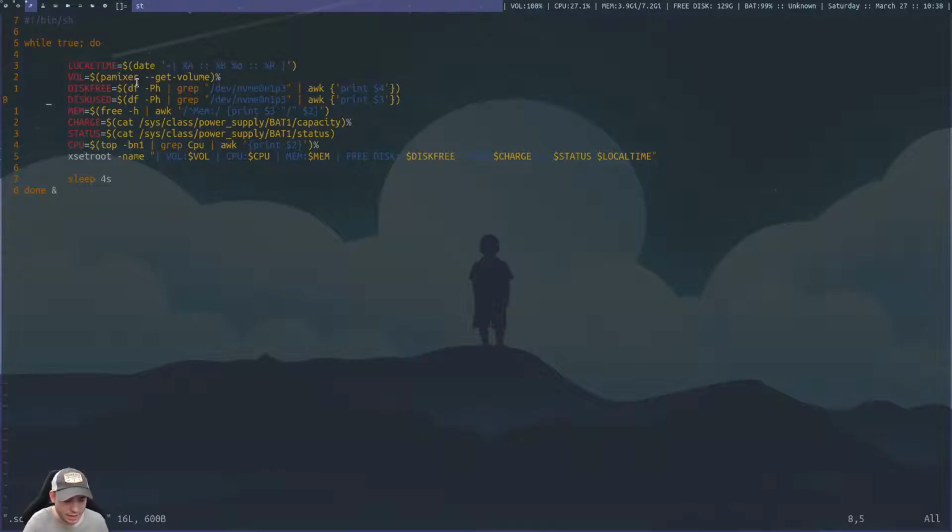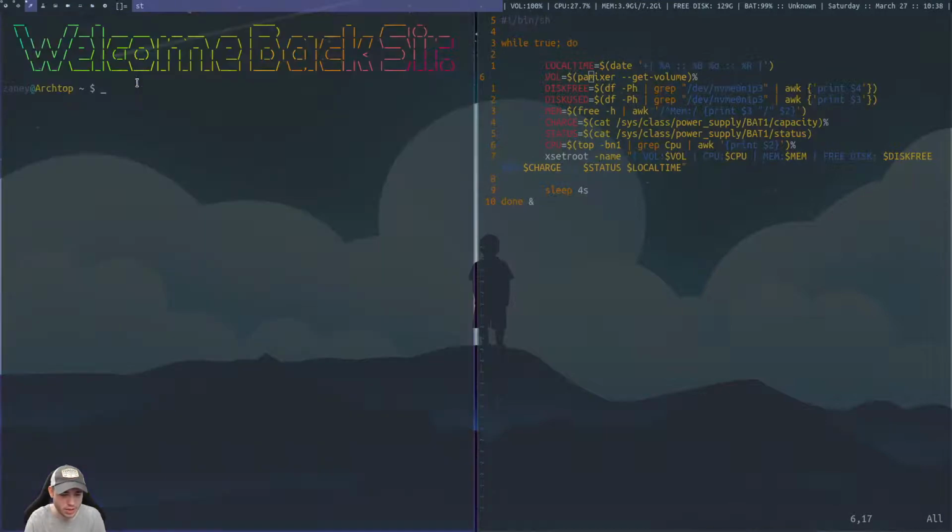I set my local time and volume to these commands here, where the dollar sign with the quotes inside of it essentially means set this value to the output of this command here. Like pamixer, I can just show you how this works.